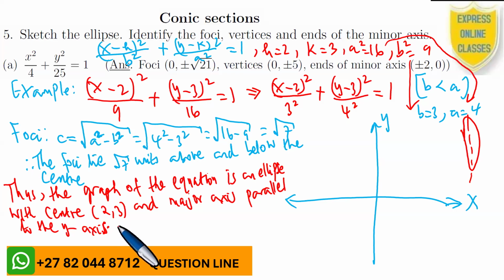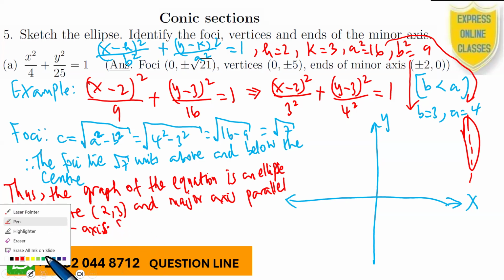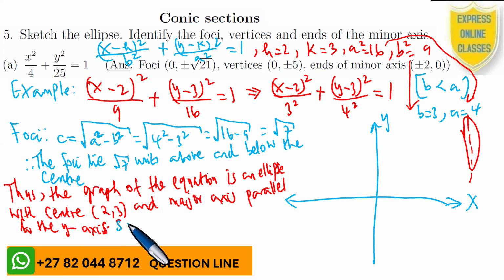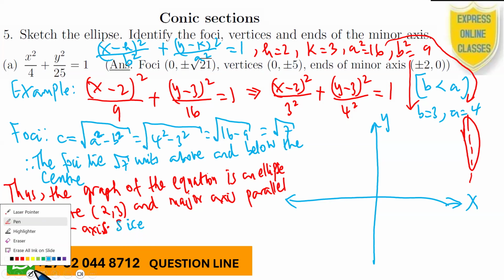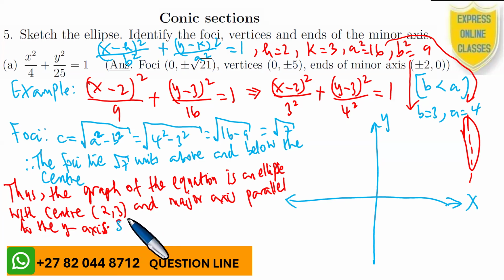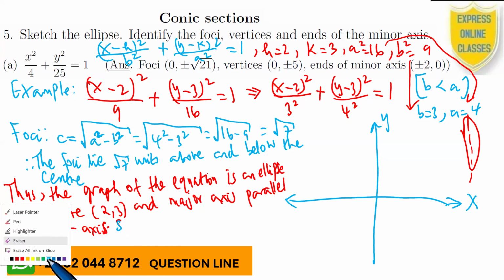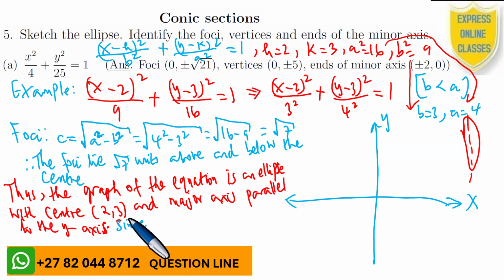But I want to say also, since, let's look at the since part and just say more about this ellipse. Since A is 4, we've seen that A squared is 16, B squared is 9, and then A is 4, and then B is 3. Since A is 4,